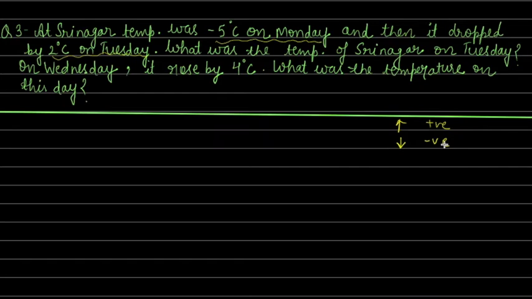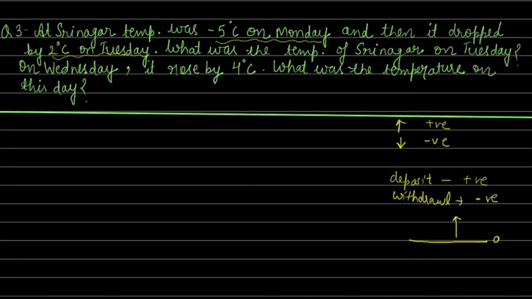There are other examples also. If we deposit any money in the bank, it is represented with a positive integer. And if the amount has been withdrawn from the bank account, then we always represent it with a negative integer. Similarly, if we have a sea level, suppose it is 0.